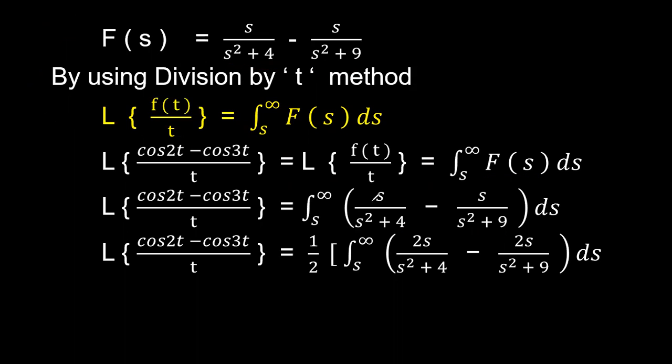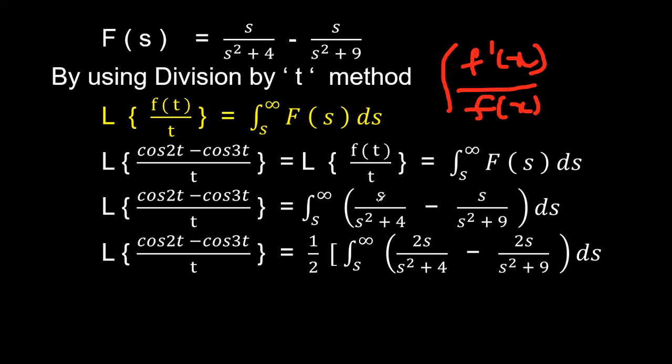If you see carefully the first formula, the integration where the numerator has 1 by x square plus a square, and compare it with this problem, it will not satisfy. Why? Because in the numerator we have the s term. So again you have to go for the second formula, that is integration of f dash x by f of x. Now we will see whether this formula is satisfied or not.